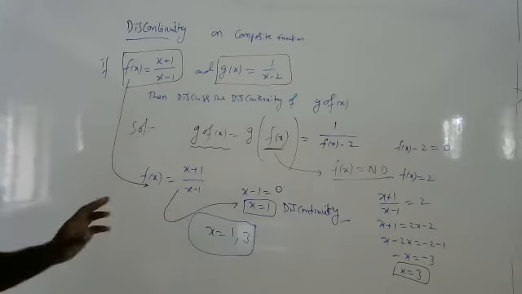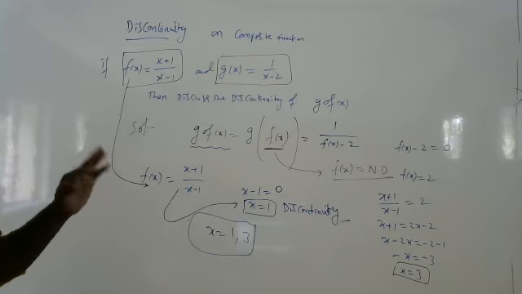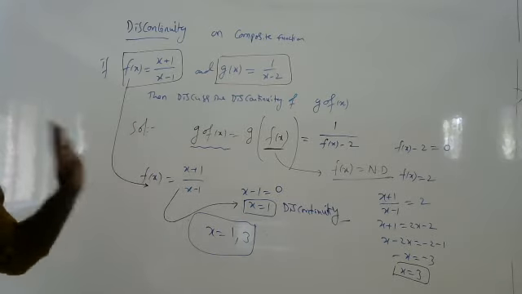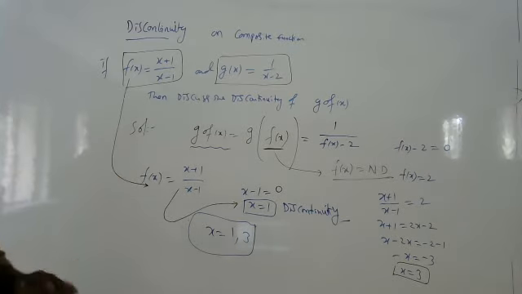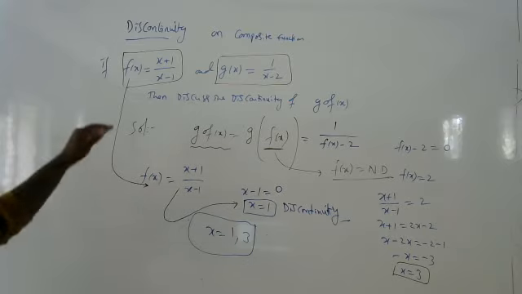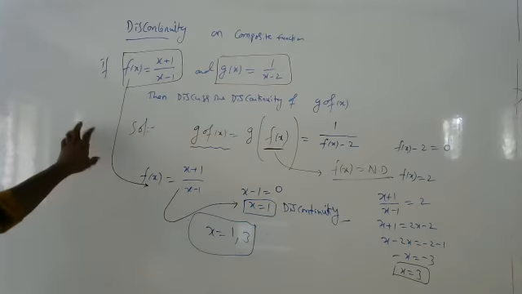So for the built-in limit, what to do is you have to redefine the function, and after redefining, you have to check where it is discontinuous. That's it. You have to check where the function is discontinuous. That is the rule for the built-in limit. If you have any doubts in built-in limits, you can ask. And this is the continuity.